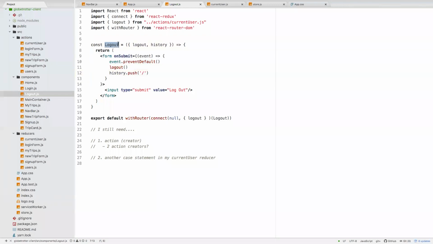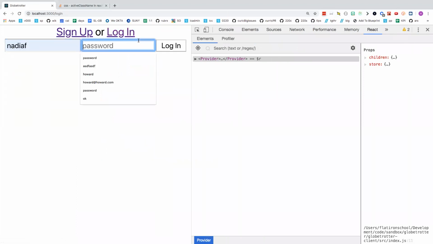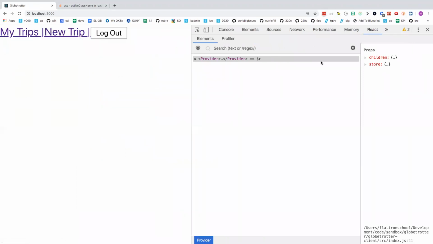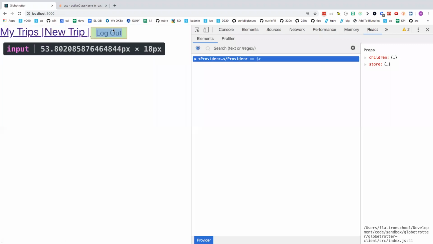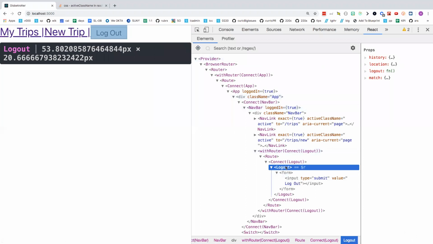By the way, why didn't I have my router props in this component? Any ideas? Why it wasn't available? Because you didn't have withRouter imported. So that's one answer, right? And that is correct, but it's coupled with another answer. There's another important reason why logout didn't have router props. As I'm looking at this, it's a functional component, maybe? No, it's not because it was functional. It's because it was